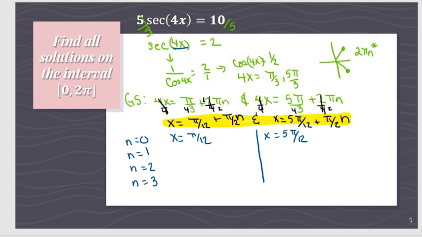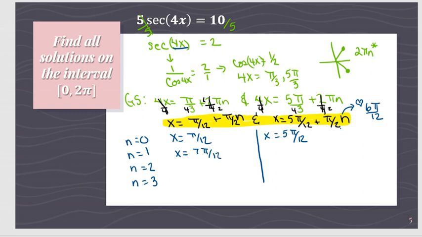Now we've got to look what happens when n is 1. All right, so I'm going to go over here and figure out, I'm wanting this to be in twelfths. So that means I need 6 pi over 12. And that's the same as pi over 2. All right, so that's what I'm going to add each time. So if this is worth 1, I'm actually adding 6 pi over 12. So that will give me 7 pi